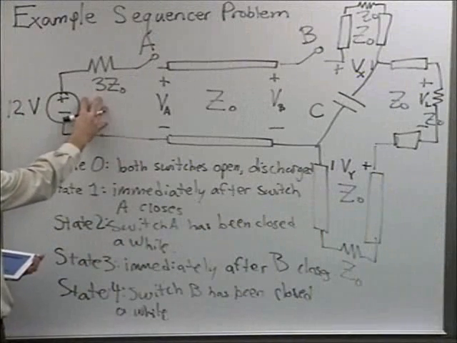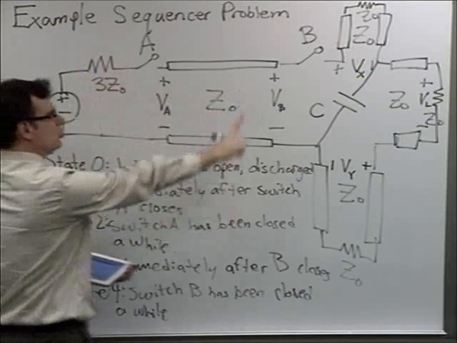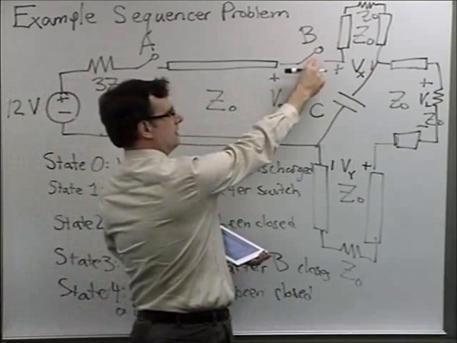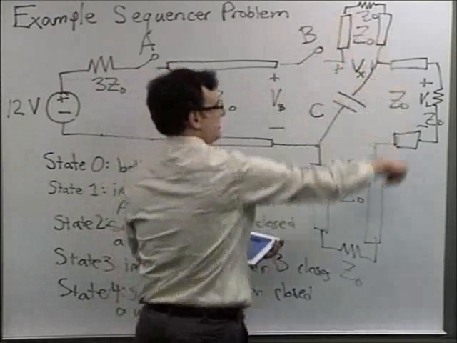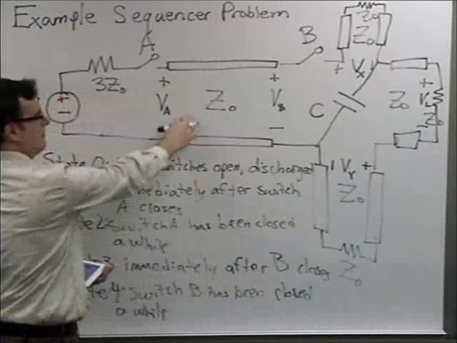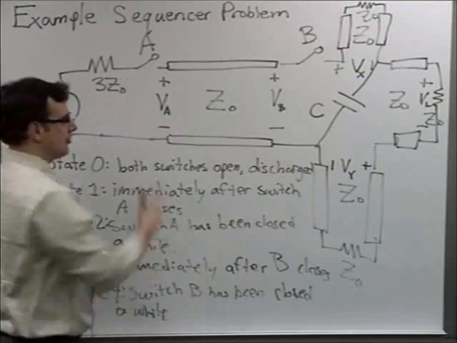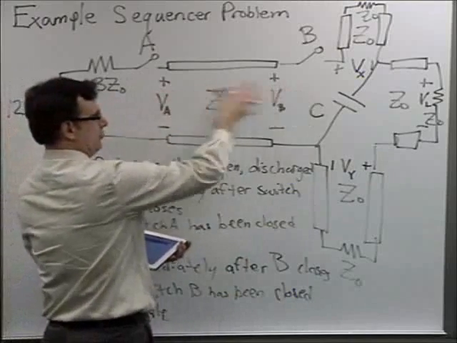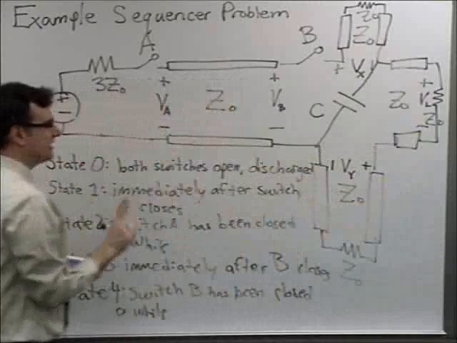Here's our circuit. It connects into this line. This line is going to charge up. Right now, this open circuit keeps the rest of this network disconnected from this transmission line. So I'll charge this guy up with reflections, but these other 3 lines have yet to be excited until switch